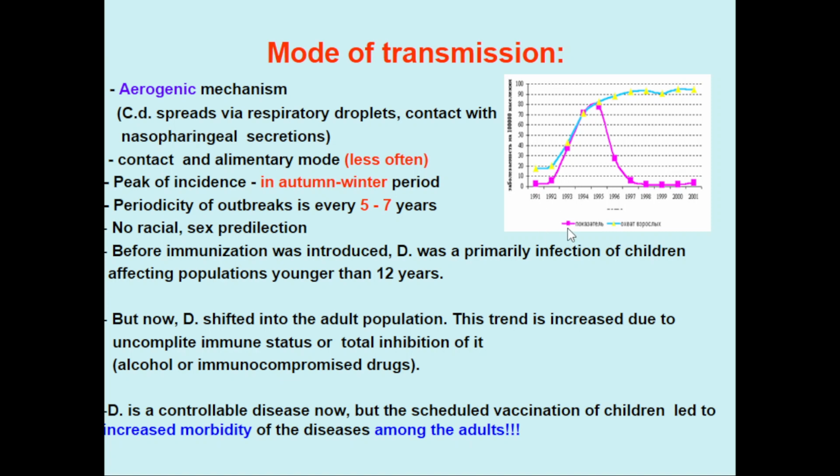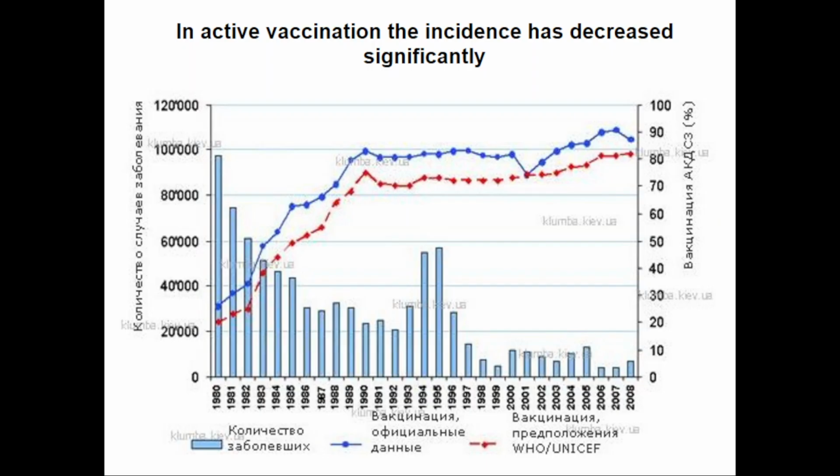It's the incidence of the cases and vaccination of the adults. Yes, first this grows, but then vaccination is rather high, and with high vaccination the incidence of cases decreases. With active vaccination, the incidence has decreased significantly again, what I told previously, and it's data of Russia, but it's similar to other countries. Again, the amount of sick persons,